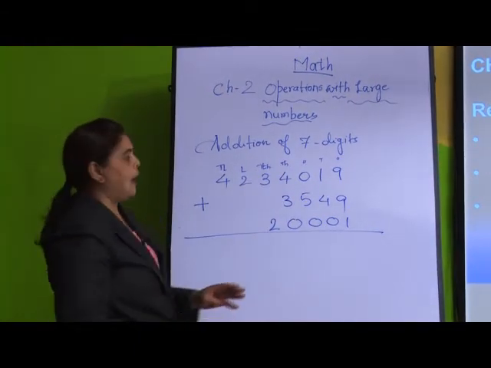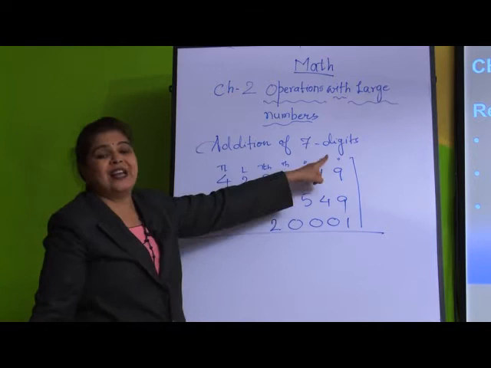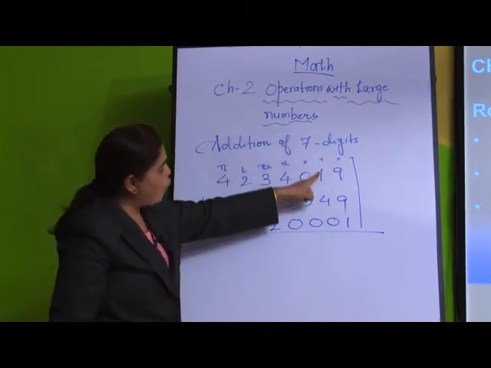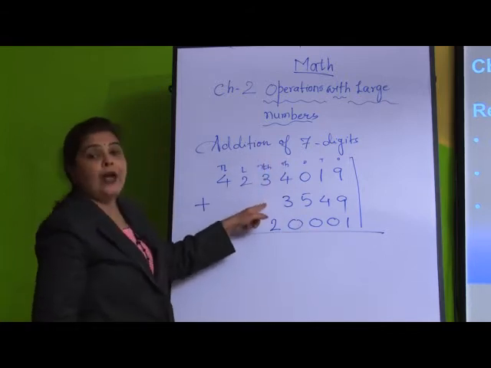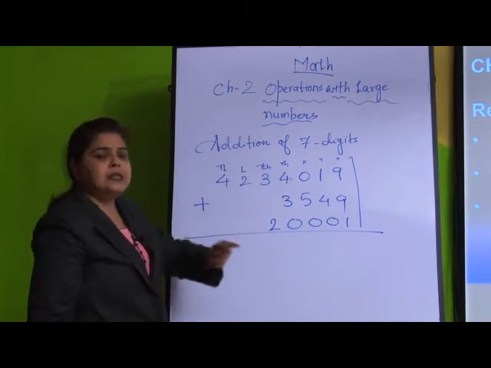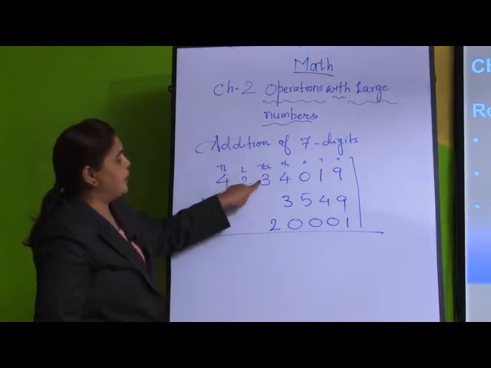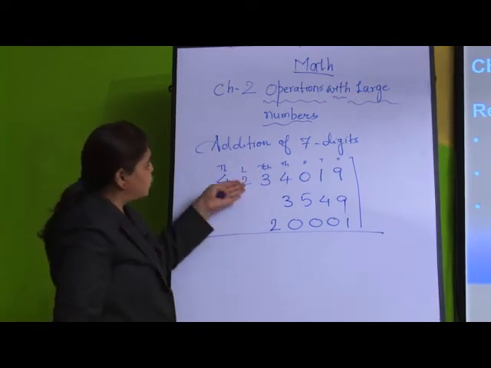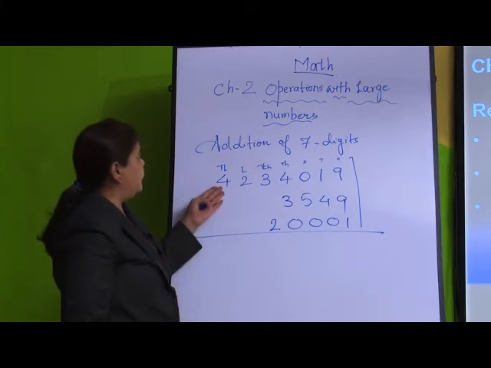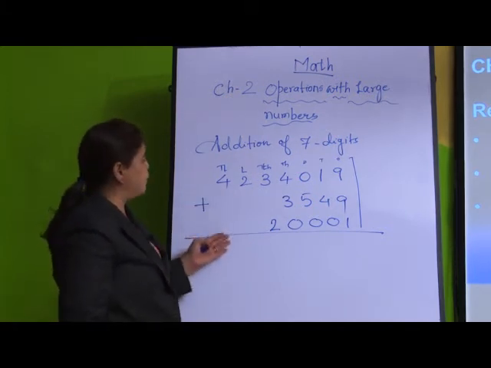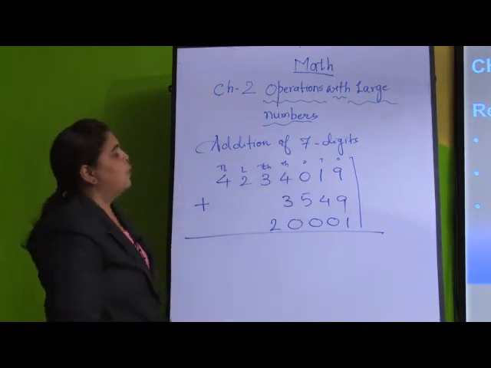It is very easy to add. First, what I will do? I will add all the ones, that is known as in a line form. Then I will add all the tens, then all the hundreds, 1000. If I don't have any digit here, it means there is 0. Imagine it is 0, don't consider anything, just add these 2 numbers. And next, you don't have any number here, so you can write directly the number given here. And here also in the lakhs and 10 lakh positions we don't have a number, so you can write the number directly. We will solve this one by one.